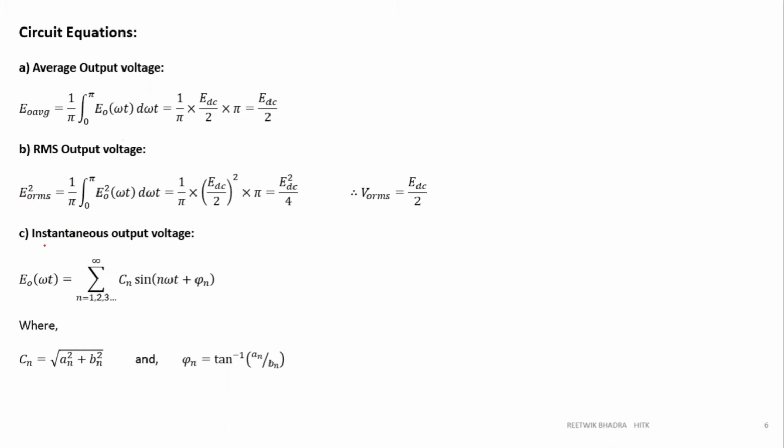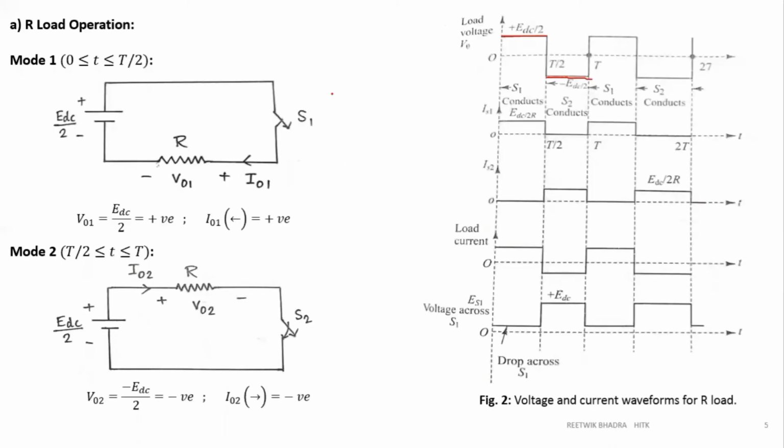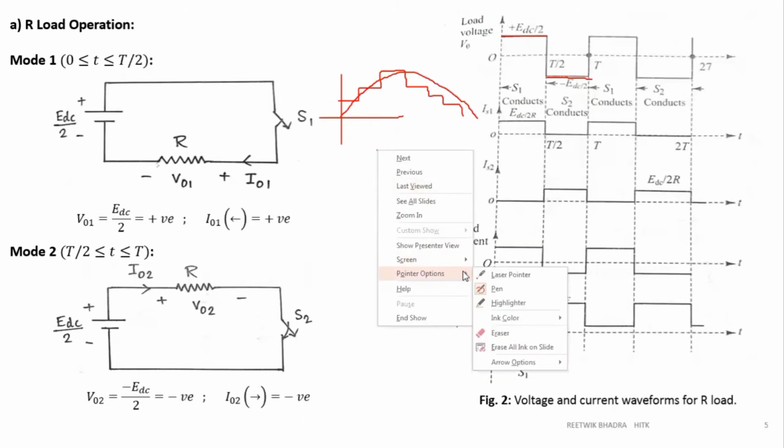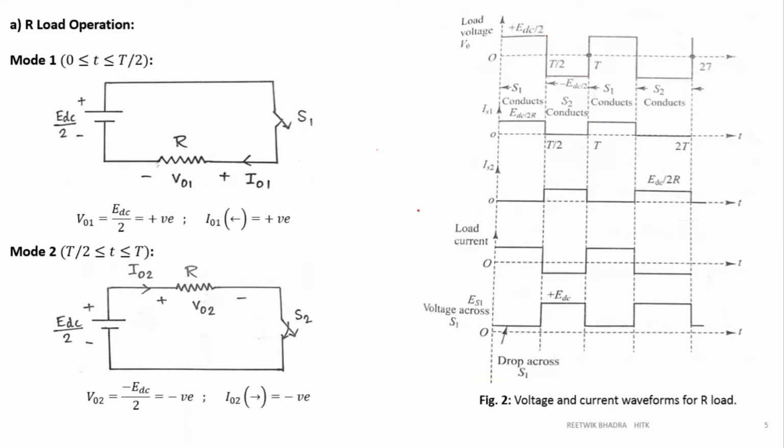Now what we are doing is applying Fourier analysis to calculate the harmonics. Later we will see this square wave is broken up into steps. The more you break it up into steps, the closer it comes to a sine wave. Those are called multi-level inverters. If there are 2 levels, it will be called a 2-level inverter. There is only 1 level over here, so this is a single level inverter.